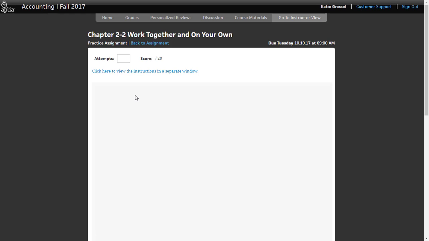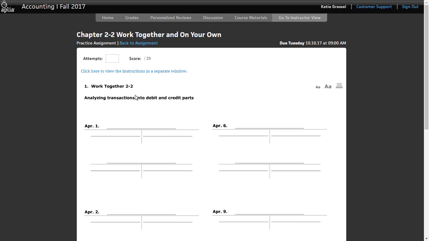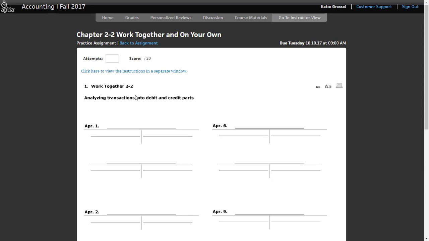So when we read directions, so when I look at that app, work together and on your own 2-1, or 2-2, excuse me. It says T accounts are given in the following working papers. I will guide you through the following example. Kathy Burgum owns Burgum Services. It uses the following accounts. Some of the accounts will be explained in lesson 2-3. So we have cash, accounts receivable, Sam Erickson, supplies, prepaid insurance, accounts payable, Bale Supply, Kathy Burgum Capital, Kathy Burgum